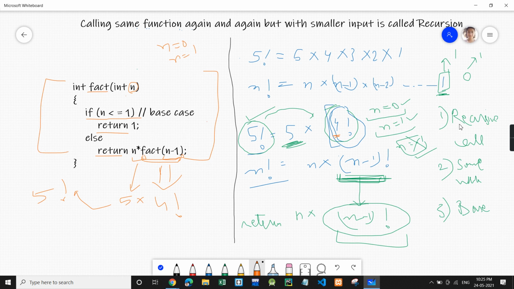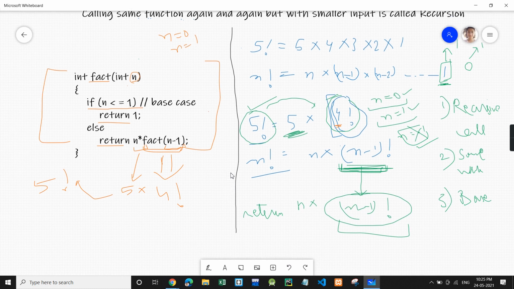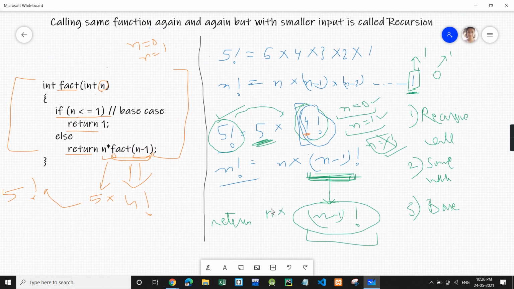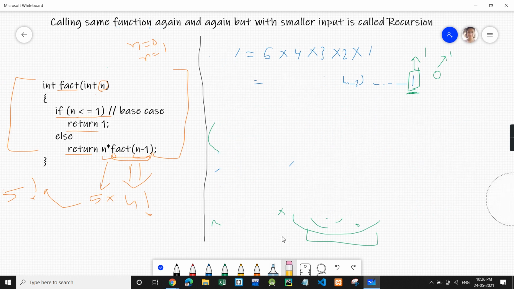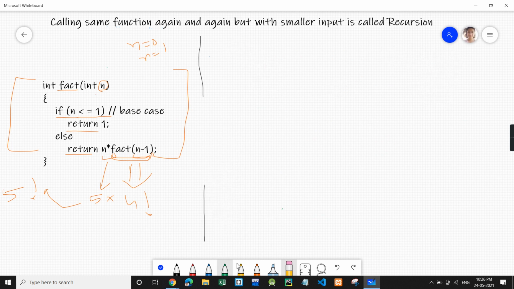It's very simple, right? Let's dry run this. Let me erase this. First of all, we have the fact function, and we are given 5. n was given 5. When we call the function fact, we pass 5.